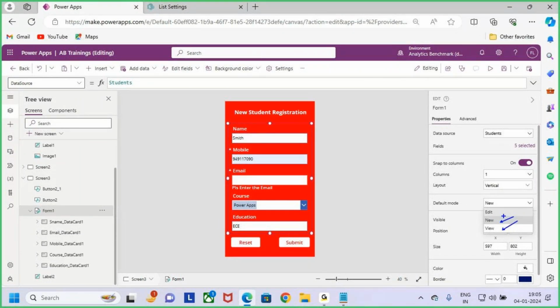To go and edit the data, you need to select the form mode as what? Edit. So you understand, guys, all these things in detail we'll discuss in the coming classes. Just for now, try to understand what the different types of form modes are. Three different types of form modes: edit, new, and view. And next,